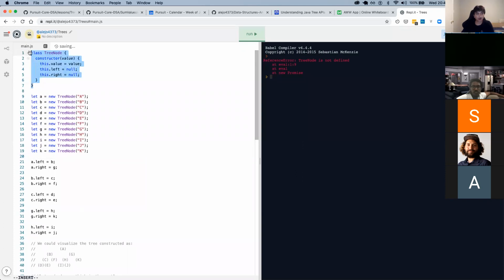If you get asked what a class is in JavaScript, what would you say? Whatever comes to mind, even if it's not the right answer.